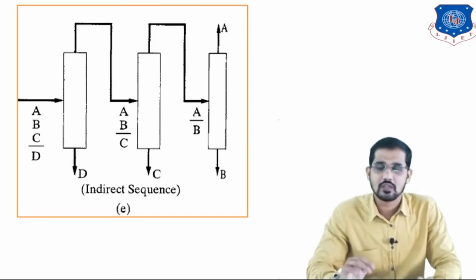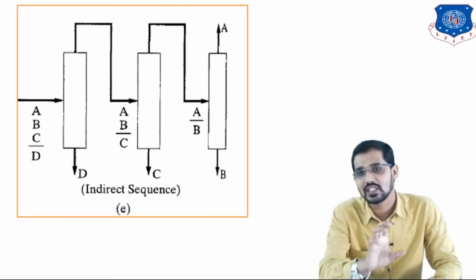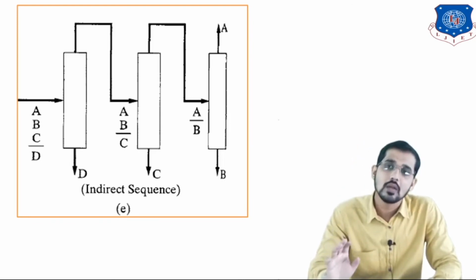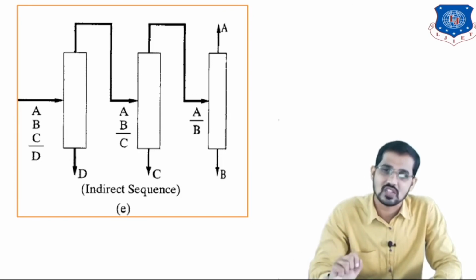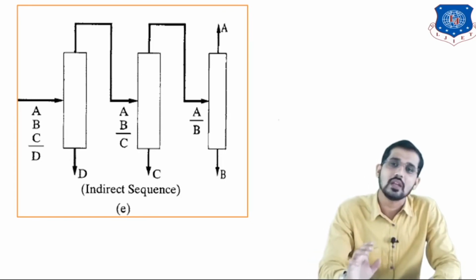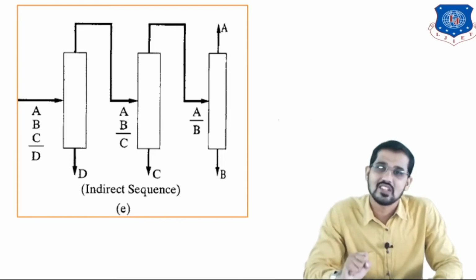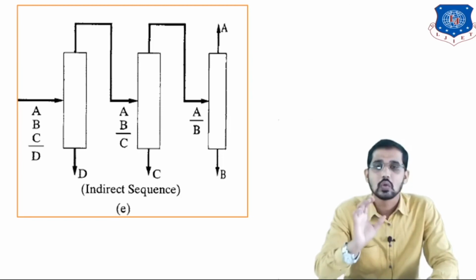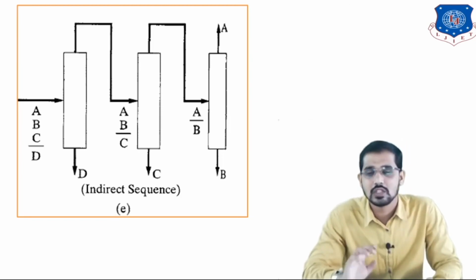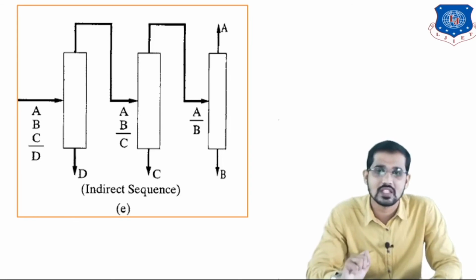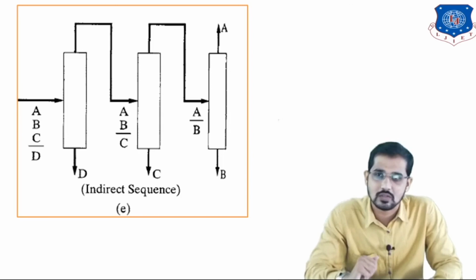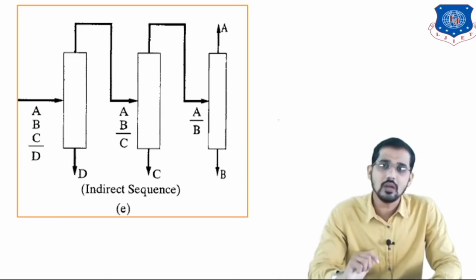In your viva, this question can be asked: what is the difference between the indirect sequence and the direct sequence? So the answer is that in the direct sequence we are separating the most volatile components in the early stages, and in indirect sequences we are separating the most difficult components in the early stages. These are nothing but the heuristics for favorable sequences, or rules for favorable sequences. This question can be asked for 7 marks in your final examination: write down all the rules, all the heuristics for favorable sequences, or selection of sequences, and also draw the figures for those rules.